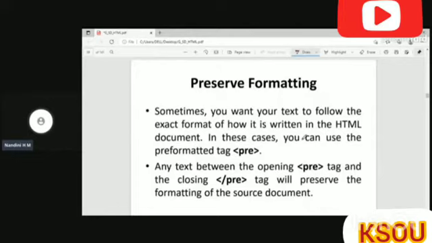Next tag is preserve formatting. As I said, in some cases we want a particular format to appear on the screen. Usually what happens if I use a paragraph, it has its own styling, right? If you use a heading, again, it has its own styling. But in some cases, where I am writing some program, at that time I want to preserve a format, right? At that time, we have to use PRE. So it preserves the format you have written in the editor. So however you have written the content in the editor, the same will be displayed in the web page.